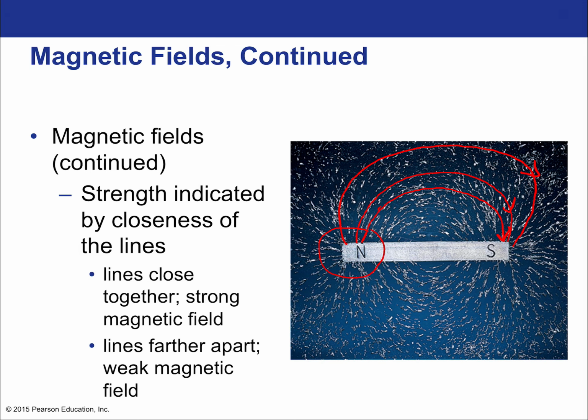The lines aren't perfect here because, of course, the iron filings have their own inertia, and they can experience non-conservative forces like friction. But they're still a good illustration, if a rough one, of the field lines. The lines close together mean a strong magnetic field, and the further apart, that's a weak magnetic field. So over here is a weak magnetic field. In fact, the iron filings are not very well aligned with the field because there's not enough force to move them around easily.